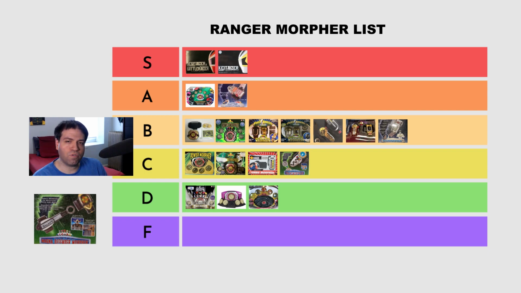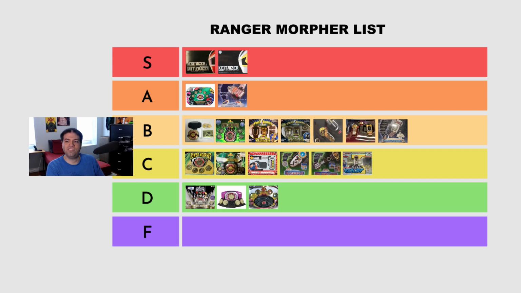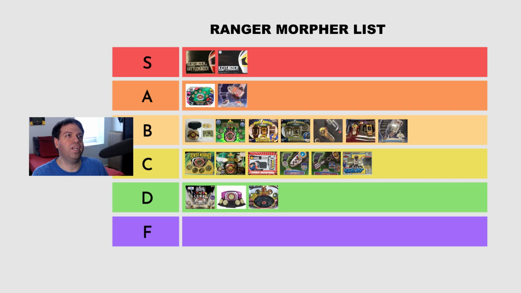And I think the Morpher's okay. It's a two-piece Morpher, so I thought it was cool for that factor. But again, it really didn't have that many sound effects. It literally only has one sound effect, so it wasn't great. So I would definitely put the Aura Changer in C. It's cool, the design is cool, but because it lacks functions, and then also on top of it, it had